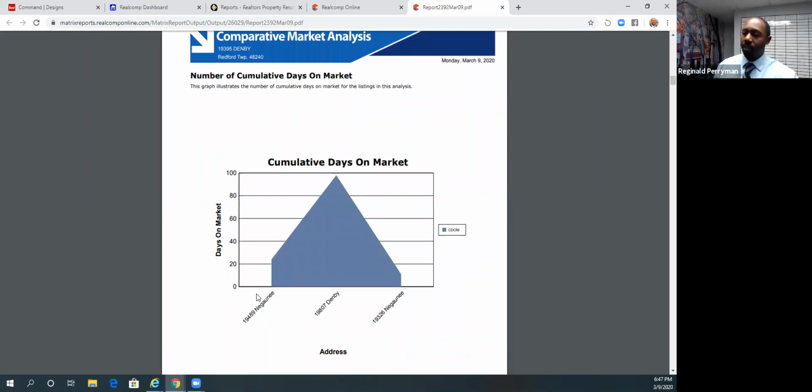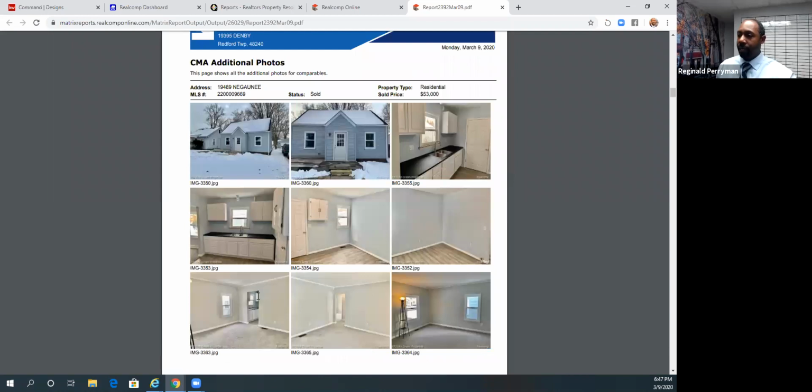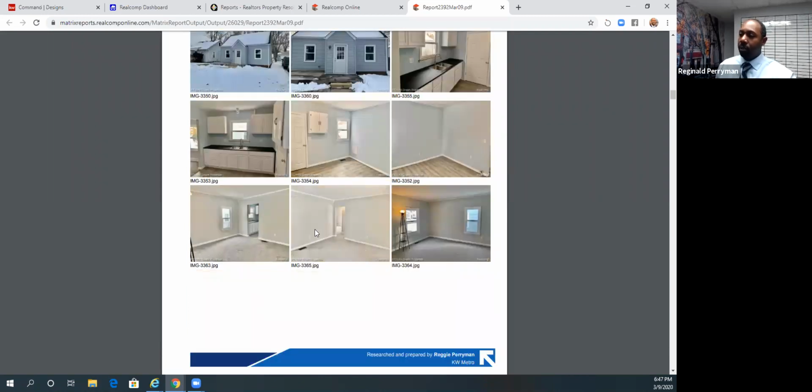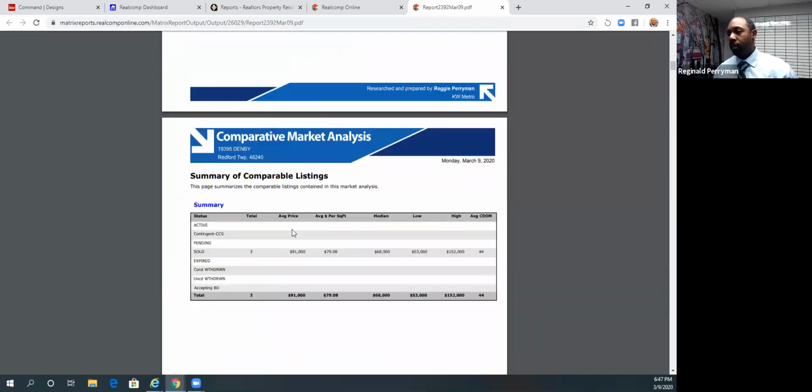I don't print this chart out, but maybe you want to have it just in case you have that type of client. You can click the additional photos page. Now, I don't always print out the additional photos page for each comp, but I like to have it saved on my laptop or my tablet. The reason being is because if I simply show a client,